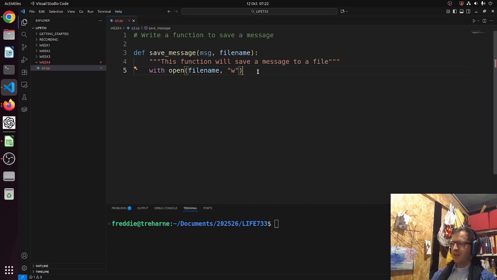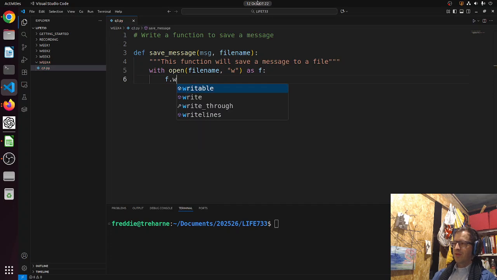Okay, now the last thing here is I want to have an as statement here as well. I'm just going to call it as f, right? And that is going to give me a variable into which I can store that file object to do stuff with. Okay. So that with statement is going to require a colon again, and now what we're going to do is write whatever we've got stored in message to the file. So f dot write